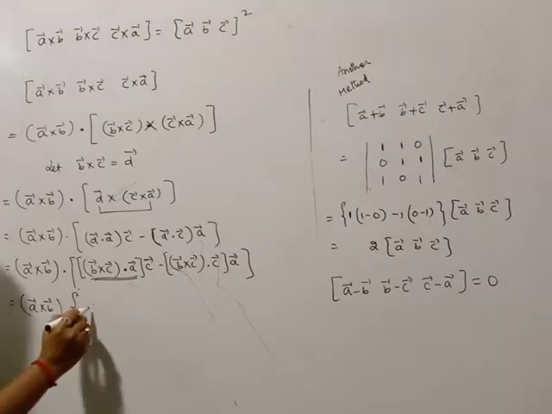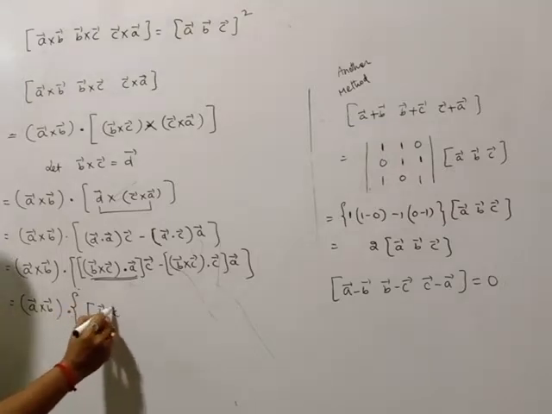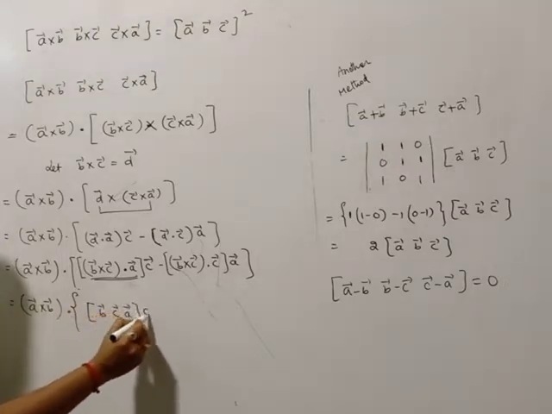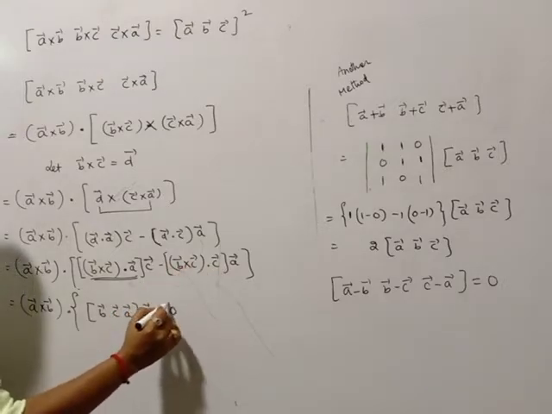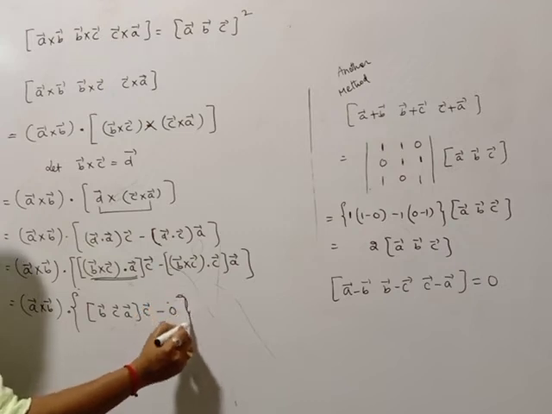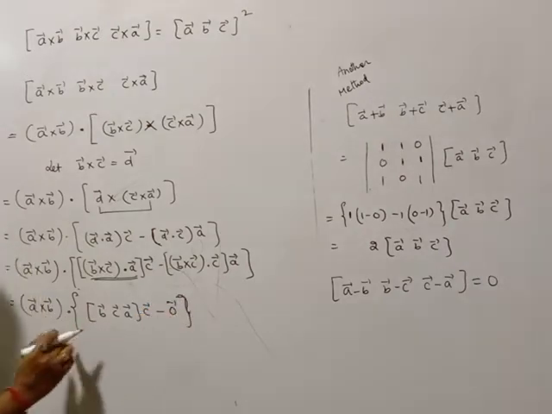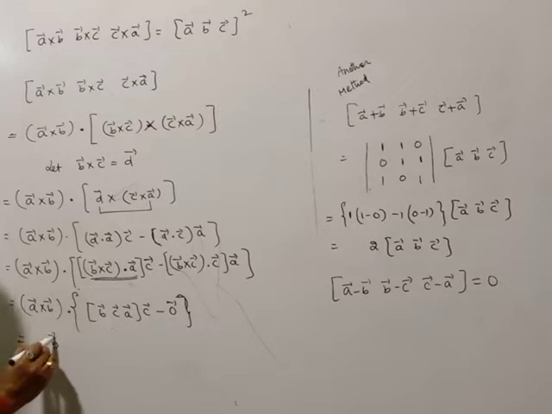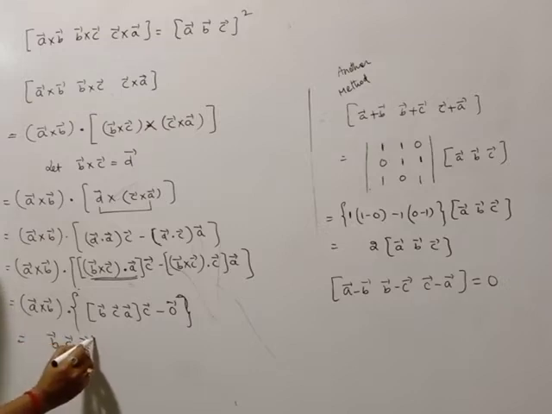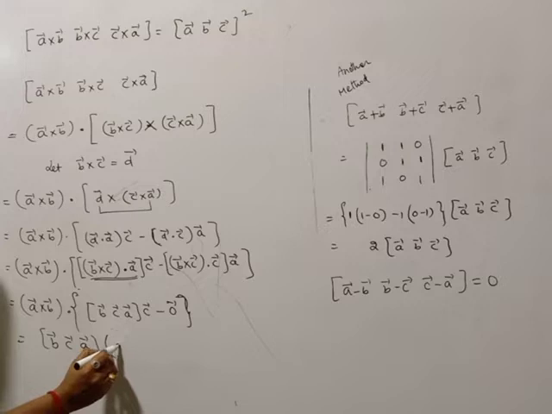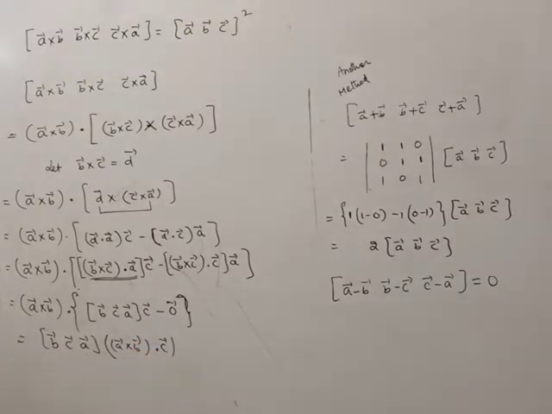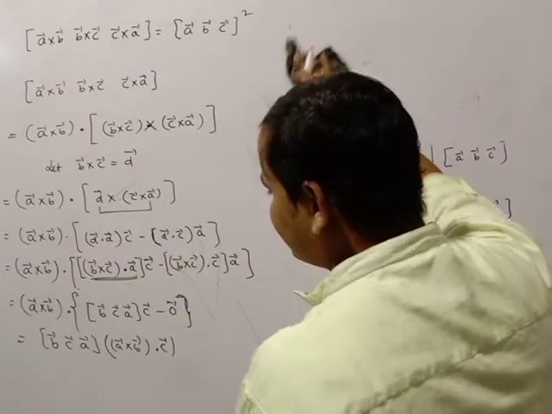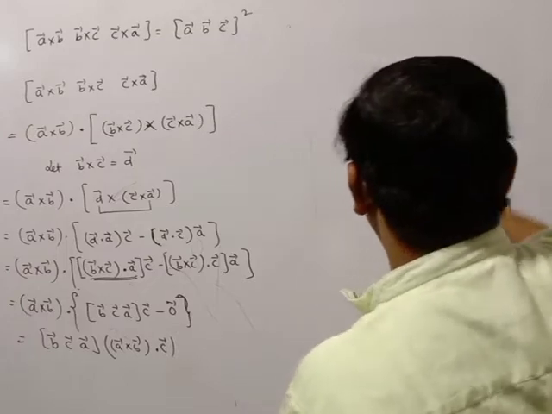So a bar cross b bar dot bracket open, take the curly bracket, box of b bar c bar a bar into c bar. Again, the same is there: this value is 0 bar, because 0 into a vector can be written as 0 bar. If this is a dot, it is a number, so take outside b bar c bar a bar into a bar cross b bar dot c bar. Again this is also a cross product. This is also called the box product. So apply the box product rule.